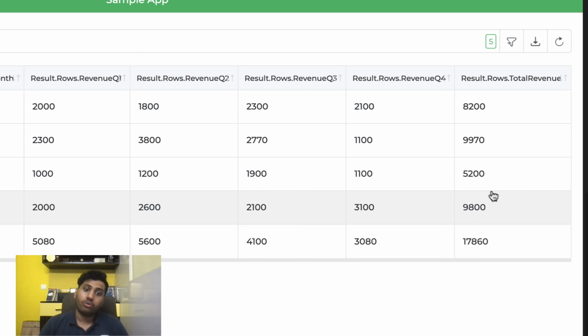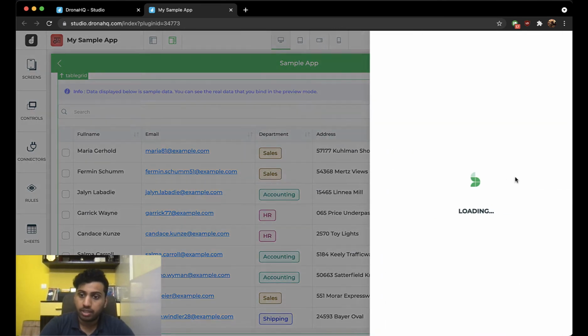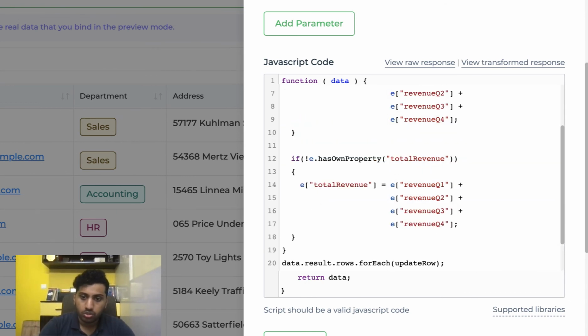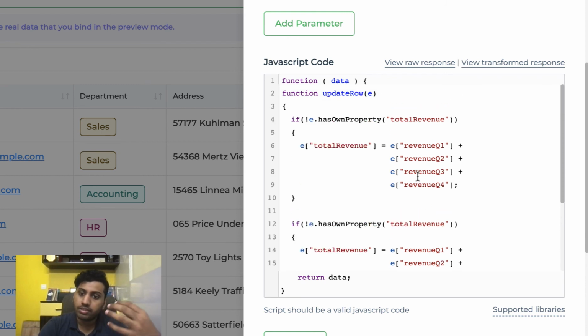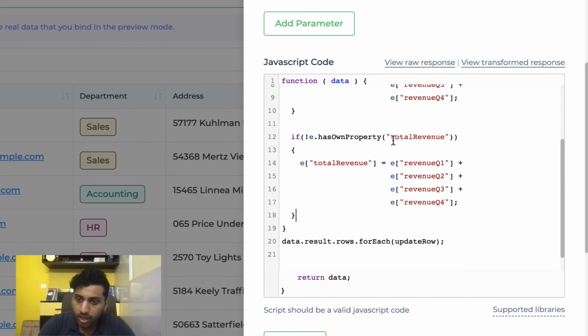Let me quickly show how you can add your own column too. So for example, you want to add a column called tax just to display it to someone for ease, and that can be done very simply. If I again go back to the screen, let me just copy this code I've written here and then paste it below. So above, what we've done is, if we don't have a property called total revenue, do so on and so forth. Same thing, if we don't have a property called tax, then we are going to create a property called tax.